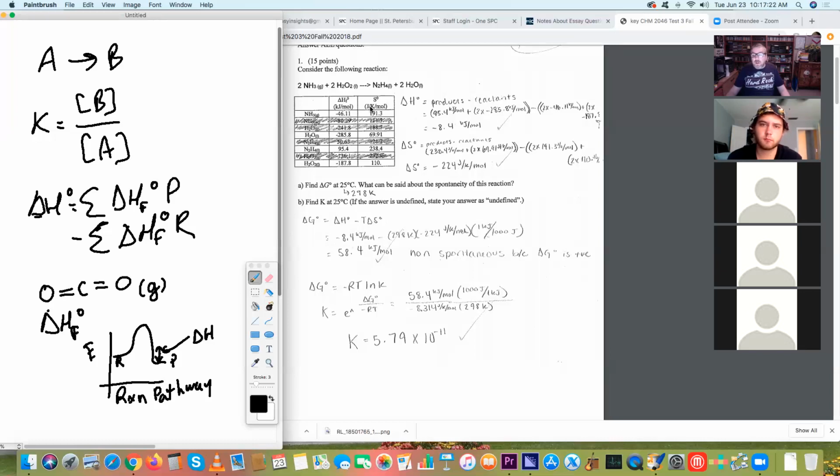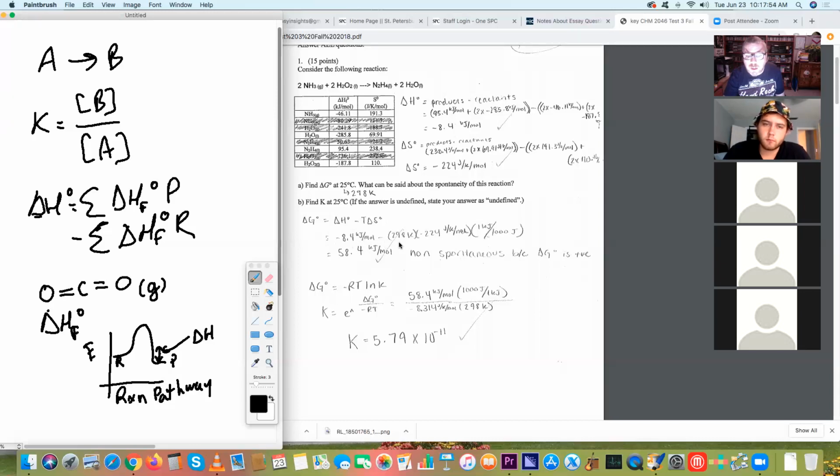So once we've got delta H and delta S, we can go ahead and calculate delta G. Delta G is delta H minus T delta S. But you'll notice that the unit for delta H is kilojoules per mole, while the delta S unit is joules per Kelvin per mole. This produces a situation where we're comparing apples to oranges. And we really do need the same joule unit or kilojoule unit in order to make this work. So what we do here is we have our delta H, which we get from up here,